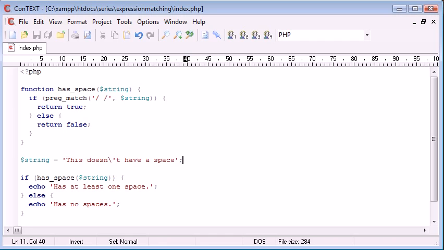But do feel free to go and look up the preg_match pattern checking. It's very, very in depth, but once you do get your head around it, you'll be able to look at it and realize how useful it is for checking patterns within